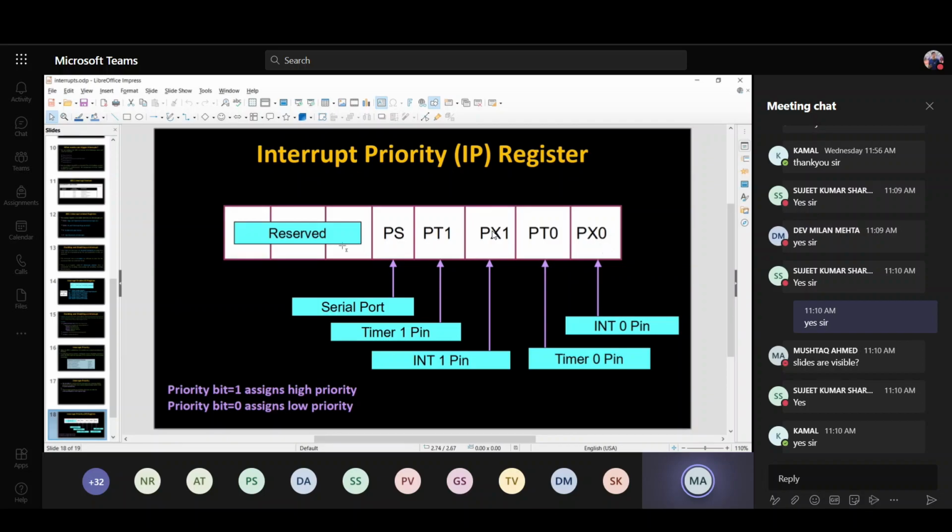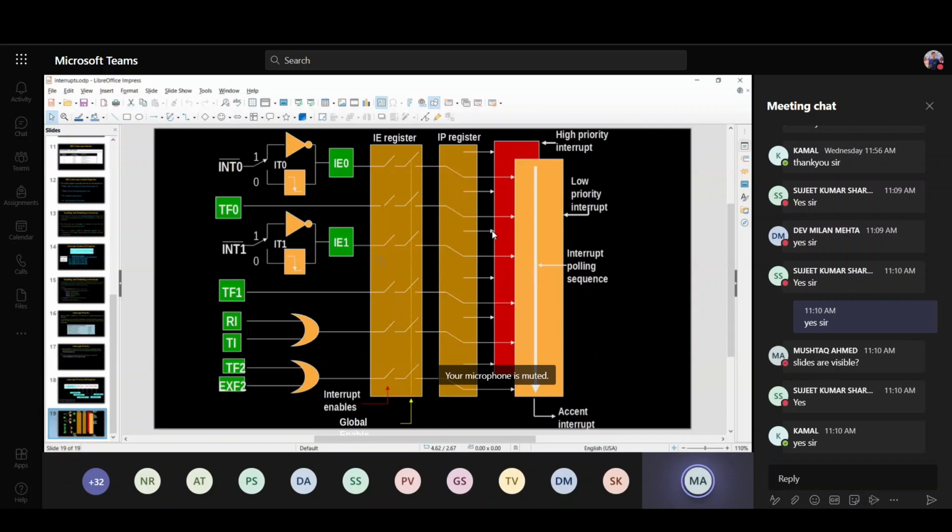So in this way we can assign the priority of the interrupts if we want to change their order. And this is the final diagram, showing how interrupts work. These are the pins INT0, TF0, INT1, TF1, RI, TI.